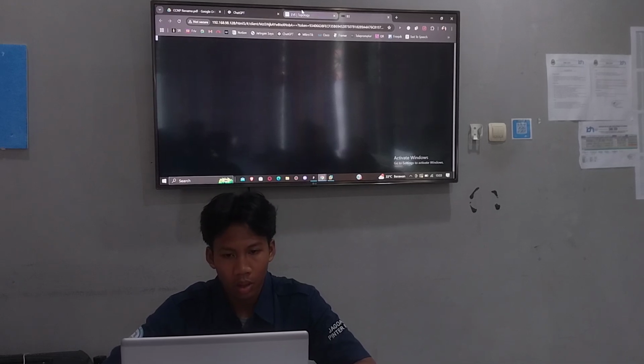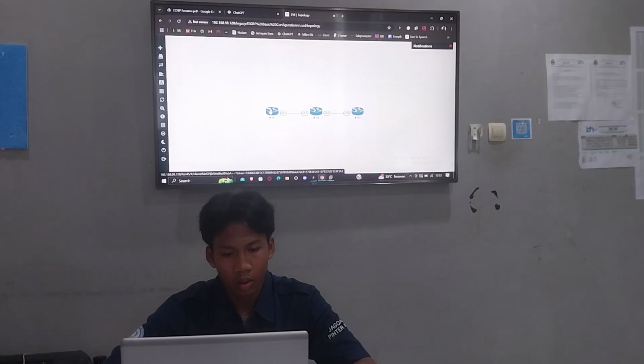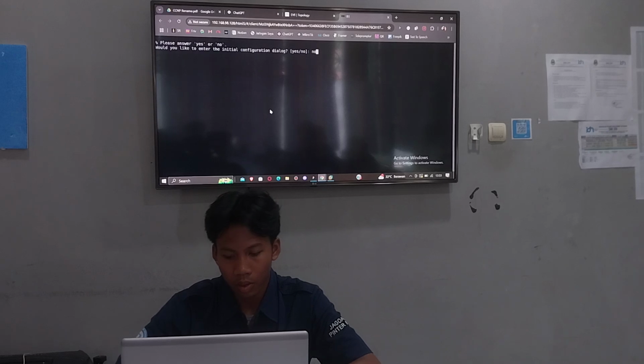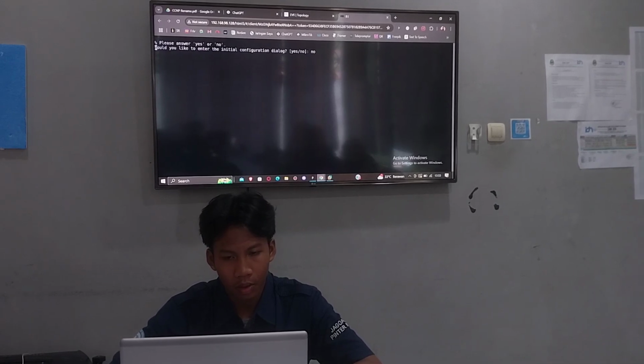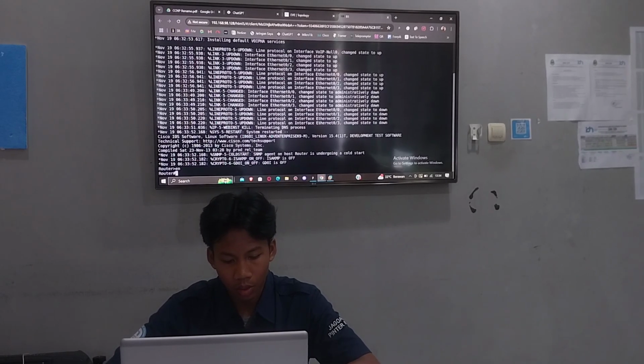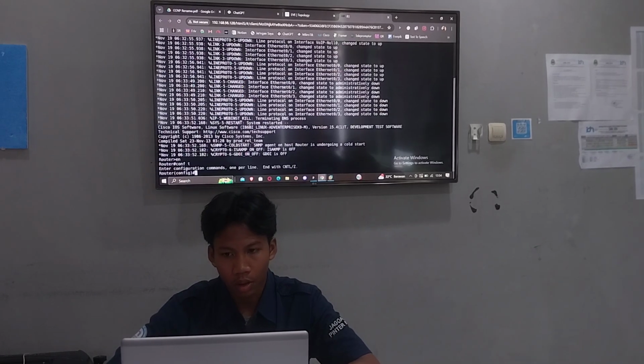Okay, still lag. Okay, and then fill the no. Okay, for the first you must enable your router, and if you want to configure it, you can write conf t or configure terminal, and then first we go to interface Ethernet